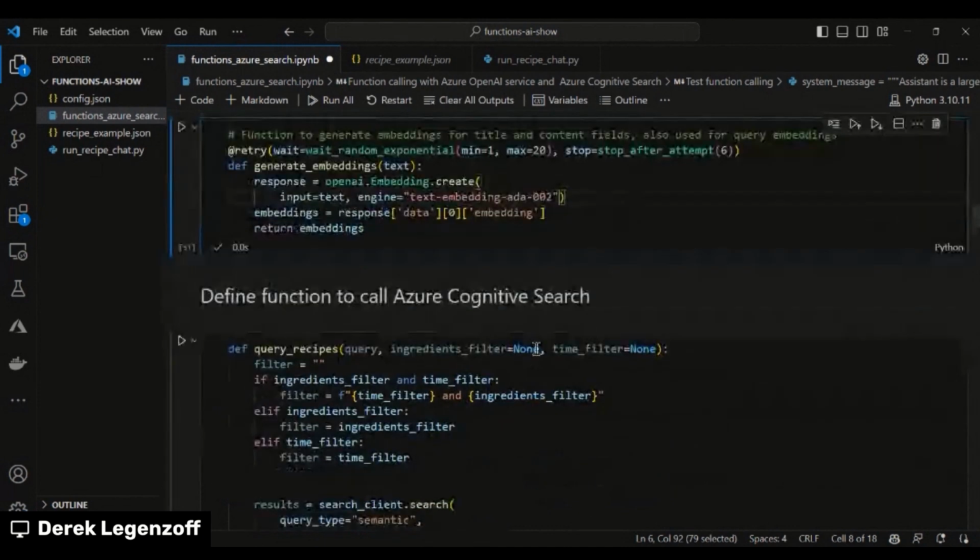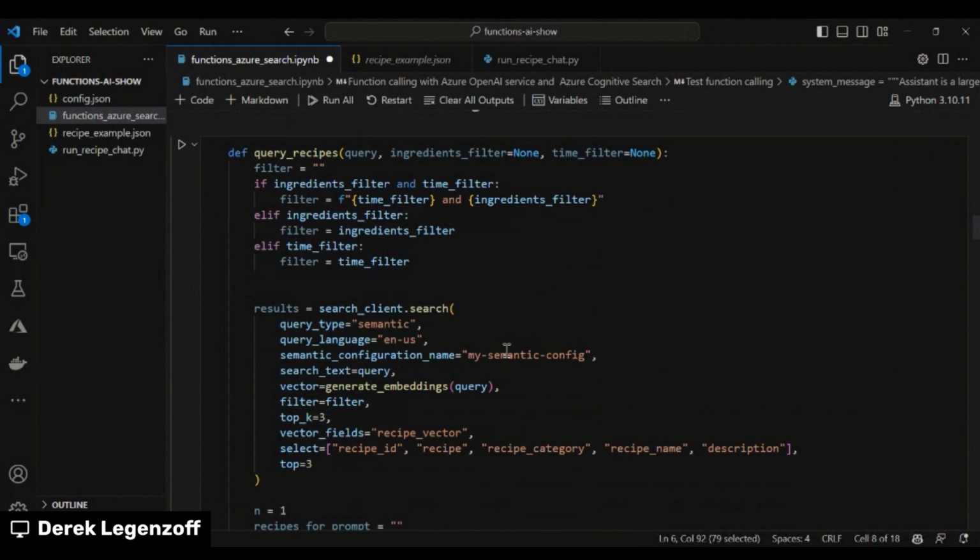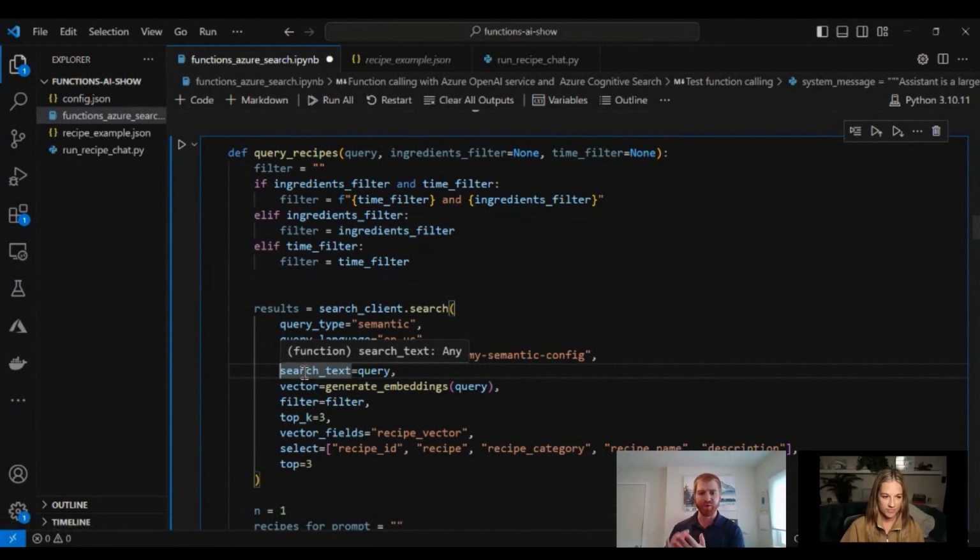And then I've also defined a fairly simple function for calling Azure Cognitive Search. I'll pass in that query, pass in my filter. I have a little bit of logic here just to join the filters together properly. And now I'm using all the bells and whistles in Azure Cognitive Search. I'm using vector search here, like you're mentioning earlier. I'm also using hybrid search because I'm still sending in the raw string, which in this case was "Mexican",